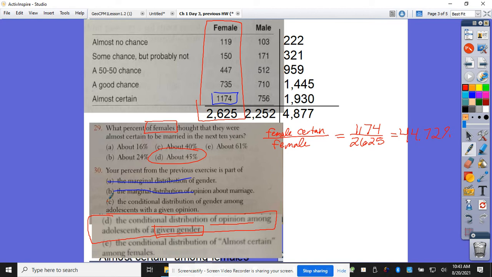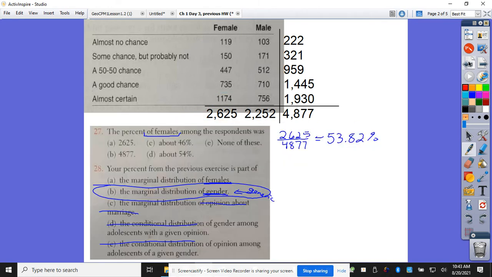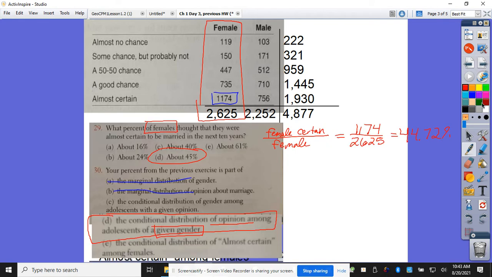Questions on 29 or 30? Yes. So, real quick, can you just explain again the difference between C and D for 29? Or I'm sorry, for 30. For 30, okay. So, yes. The way I wrote it,